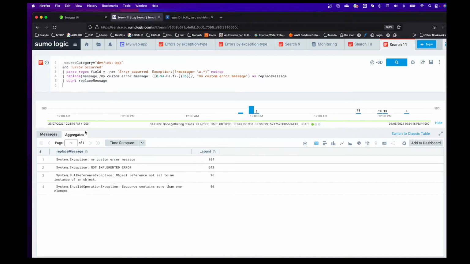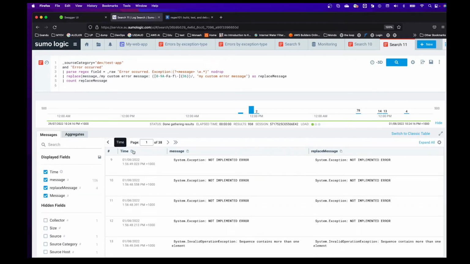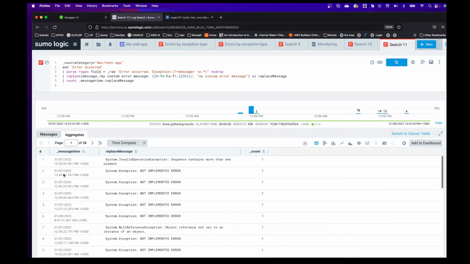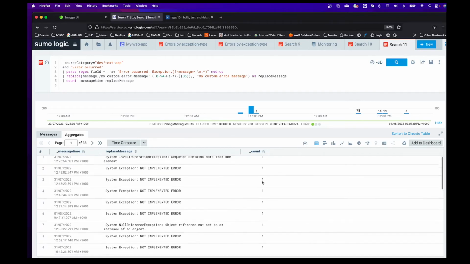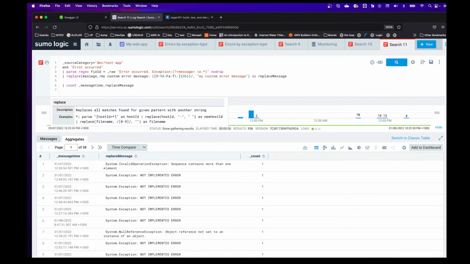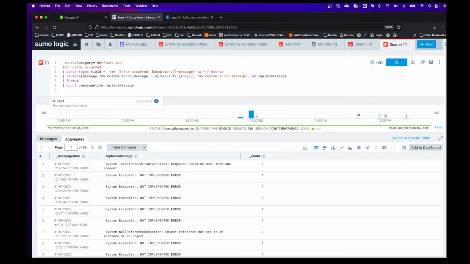So if we can use, let's say, this time. You can use this time as a message time as a group. If I use message time, you can see the message time again is very unique. It comes with the seconds. Again, we get the same issue. So what we need to do, we need to get not the time, we need to filter by the date actually. So what we can do, we can use some inbuilt function called formatDate,